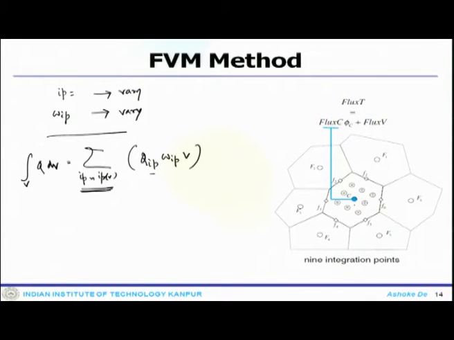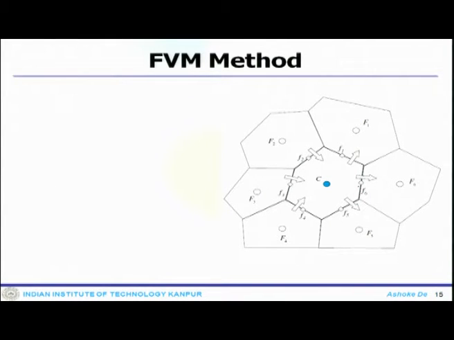So, the difference between the flux and the volume integration is that in the flux calculation the number of points varies along the faces. When you come down to the source term integration, which is a volume integration, the number of points varies within the cell. Okay. So, after getting all these done, if you look at that particular element C, you have all these neighboring elements connected with the faces.